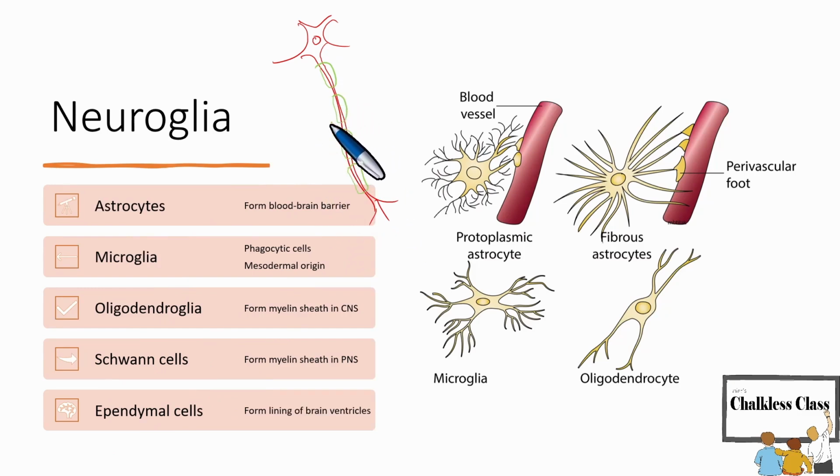Between these Schwann cells, here one node is there. This is called the node of Ranvier. These Schwann cells form the myelin sheath. Such types of nerve fibers are called myelinated nerve fibers. What is a nerve fiber? The axon surrounded by the Schwann cells is called a nerve fiber. If the nerve fiber has myelin, it is called a myelinated nerve fiber. In a myelinated nerve fiber, the myelin sheath is absent at the nodes of Ranvier.